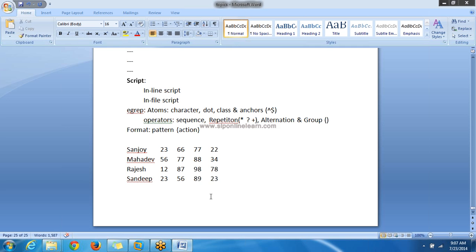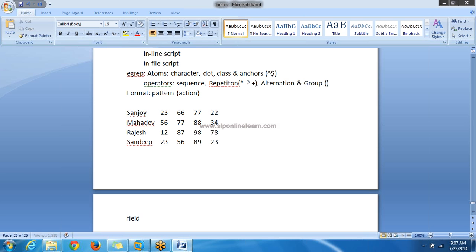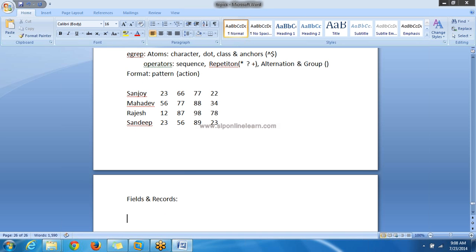These two are important topics in AWK: fields and records. If you have some idea about databases, then fields and records will be very easy. Here is the file content. Assume that this contains some student information.